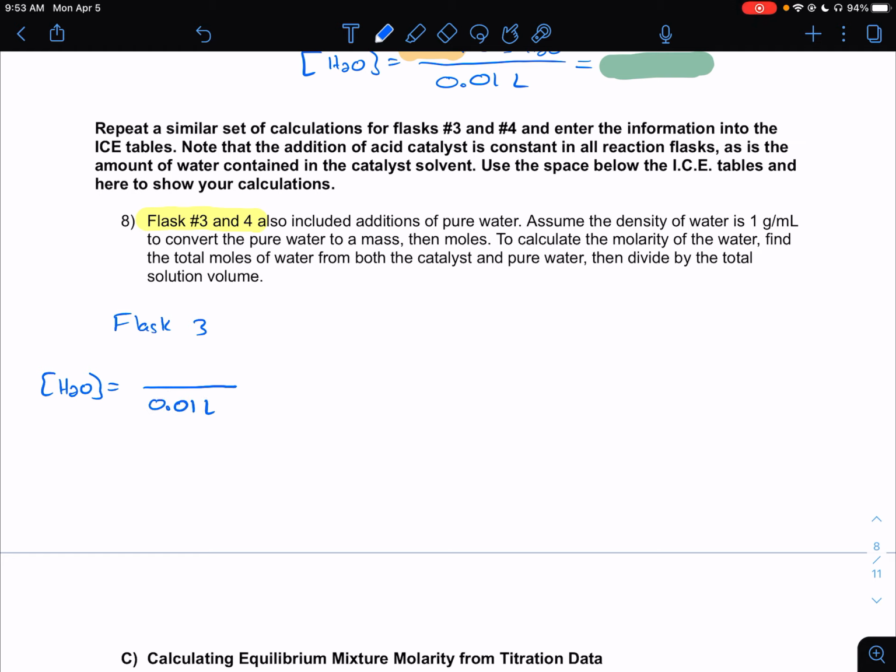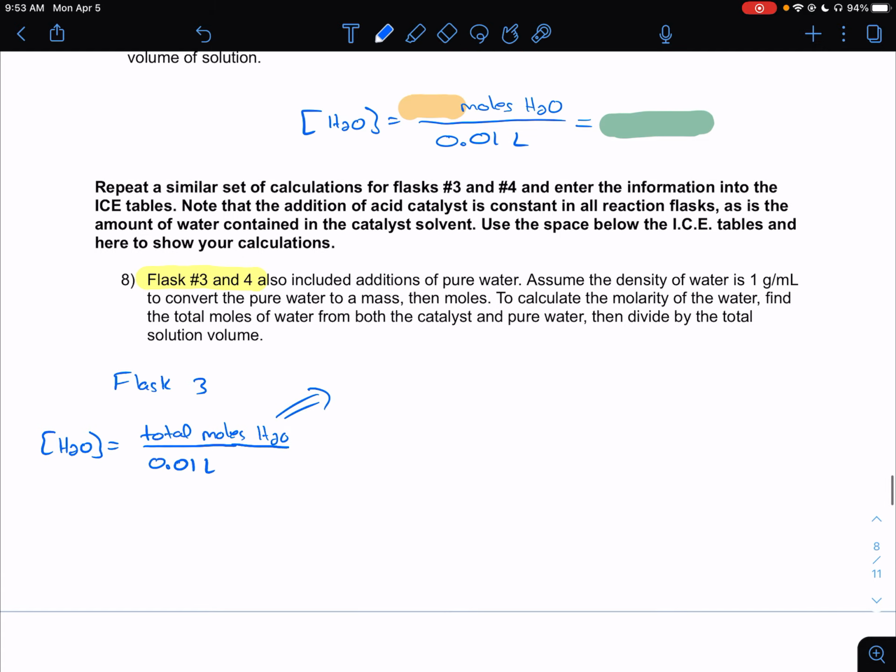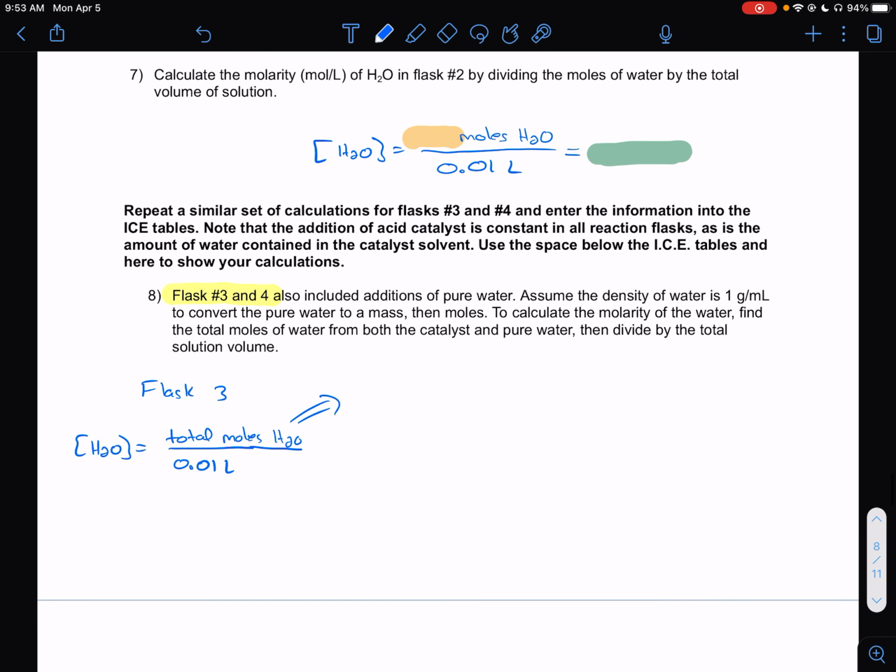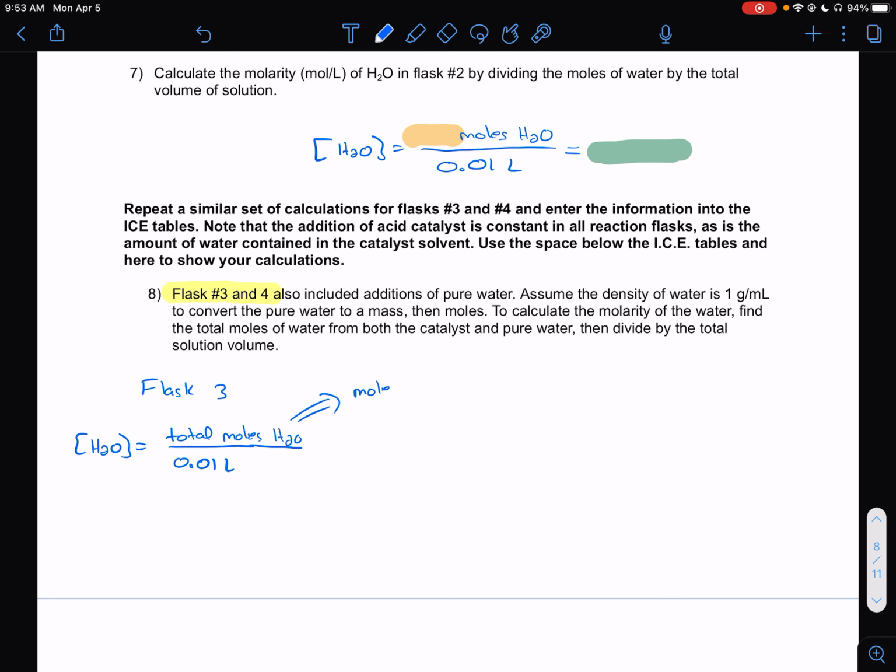Everything's in 10 milliliters or 0.01 liters. And now we need the total moles of H2O. And that total moles of H2O is the moles of H2O from the HCl plus